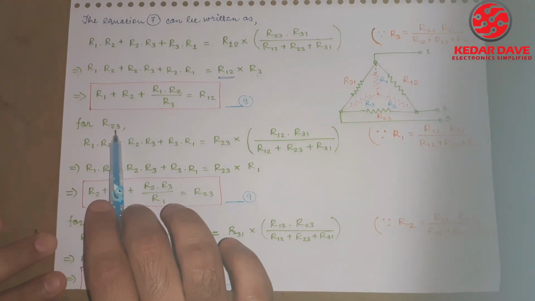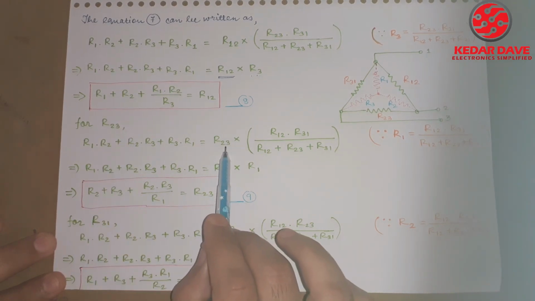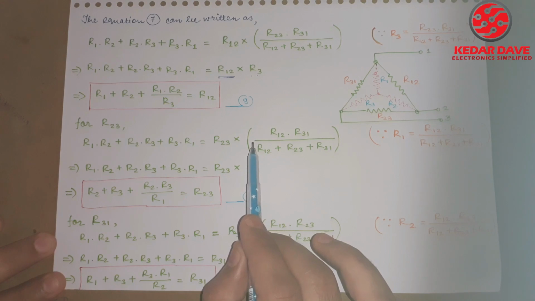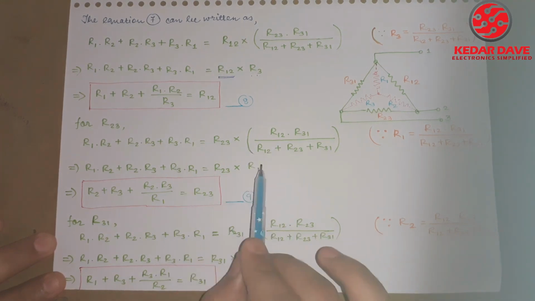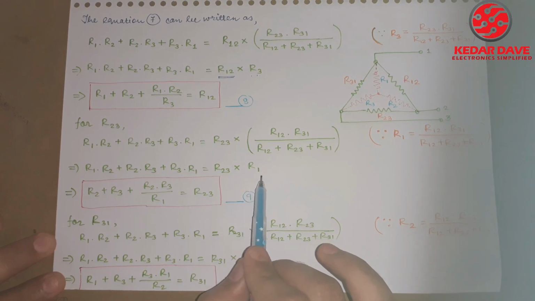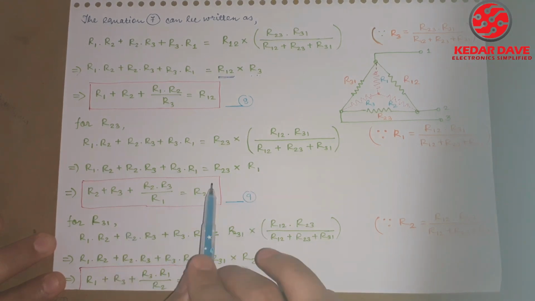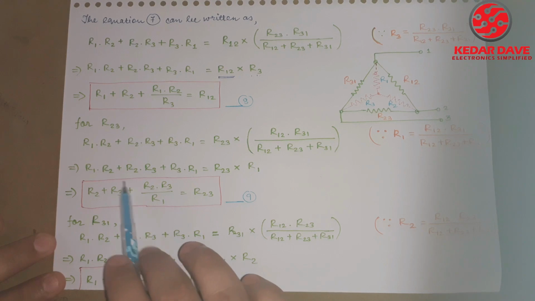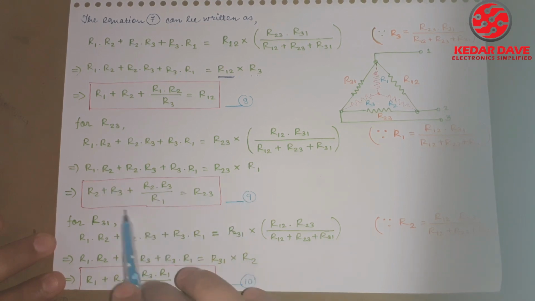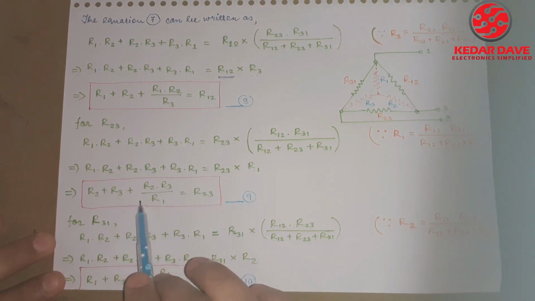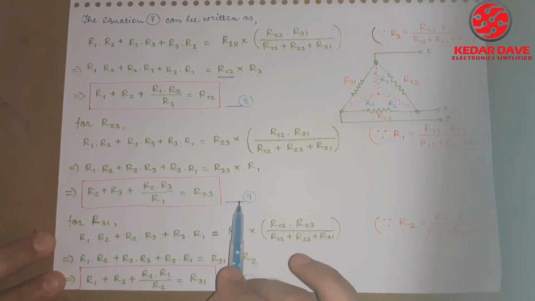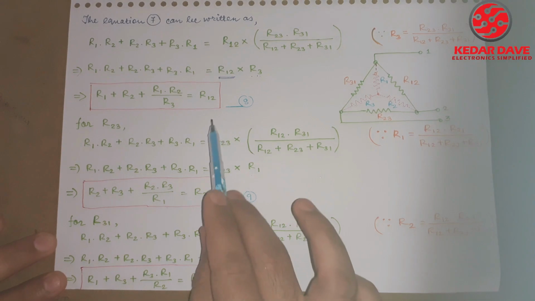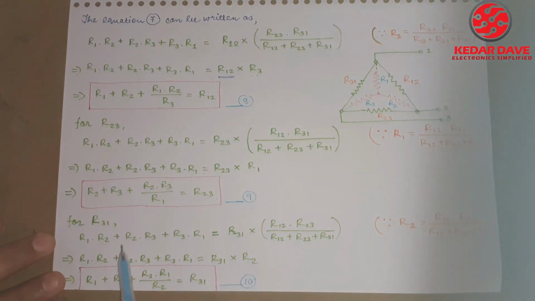For the R23 term, we are taking out R23, and the rest of the values can be denoted as R1, as we have the delta to star transformation result. So if we divide this term by R1, then we will get R2 plus R3 plus R2 into R3 divided by R1 is equal to R23. So it will be called equation 9. This one is equation 8. And for the